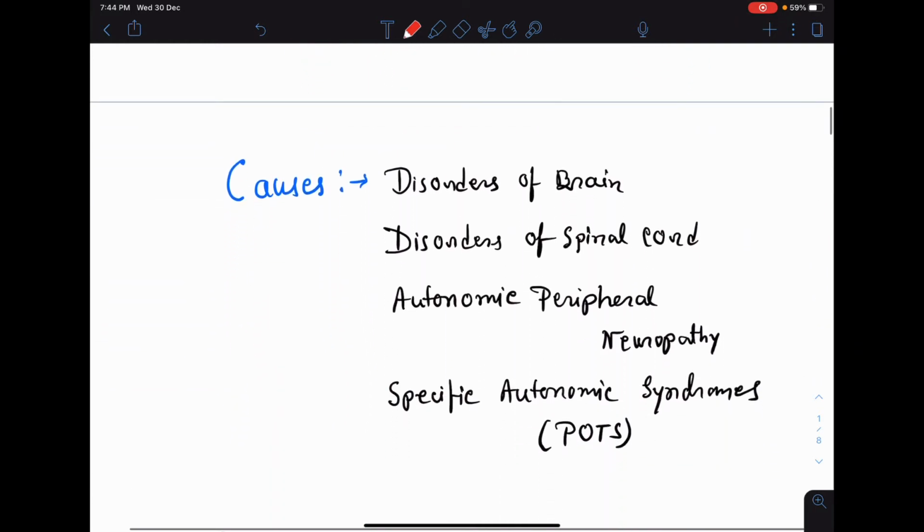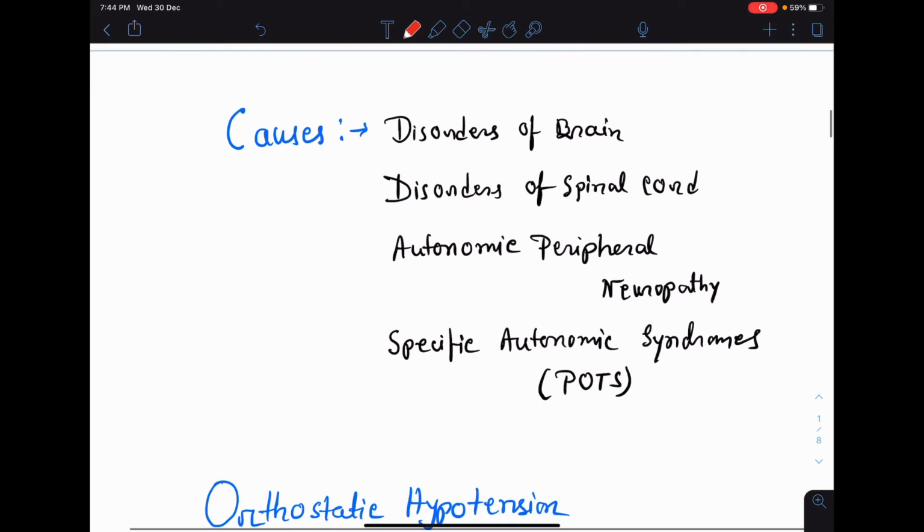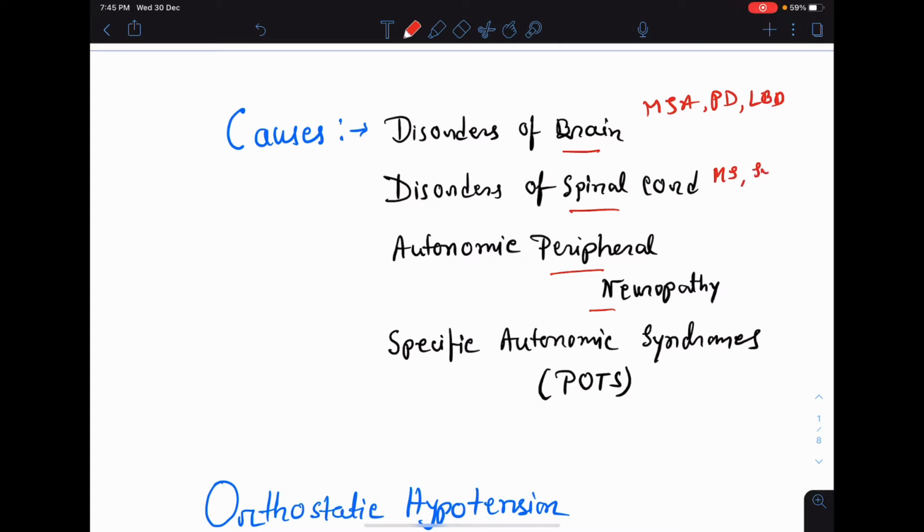Now, what are the common causes of autonomic dysfunction? The causes of autonomic dysfunction can be at the level of the brain, can be at the level of the spinal cord, or maybe at the level of peripheral nerves, or at the level of the neuromuscular junction. So, certain common disorders of the brain like multisystem atrophy or Parkinson's disease, Lewy body dementia, and various other causes can result in autonomic dysfunction. Disorders of the spinal cord like multiple sclerosis or maybe syringomyelia